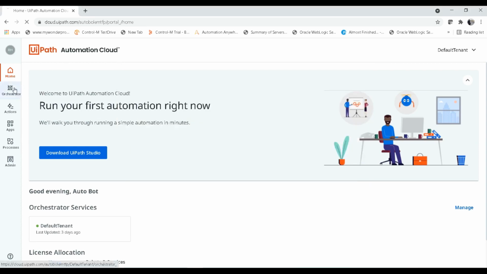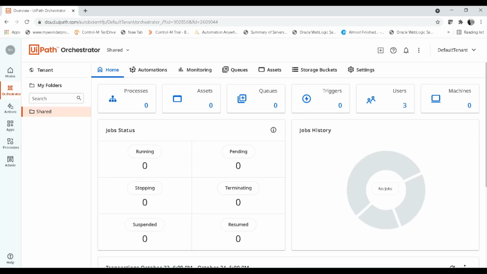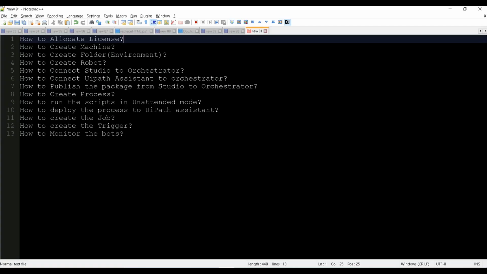So let me go to Orchestrator. Our Orchestrator has opened. We can see the default tenant, that is our tenant name, and we are on the Orchestrator page. So let's go to the points that we have mentioned.